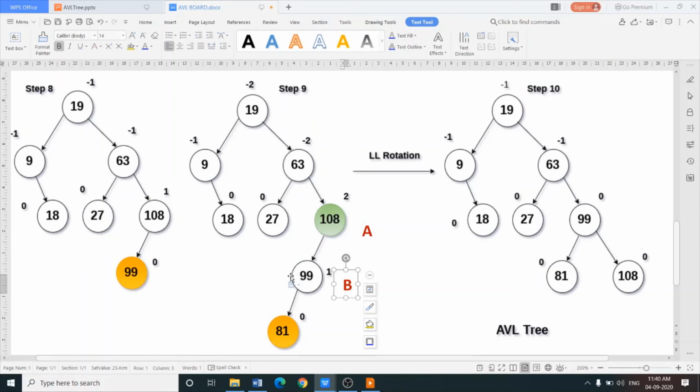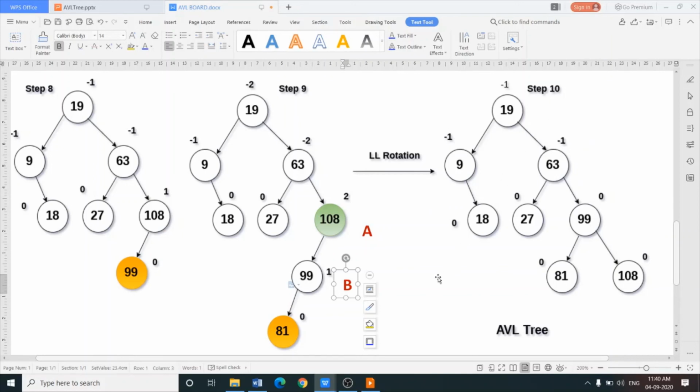Then make A a child of B. So B will be the parent node and A is the child node. After giving one LL rotation, I get this tree. See the balance factor? The tree is balanced.